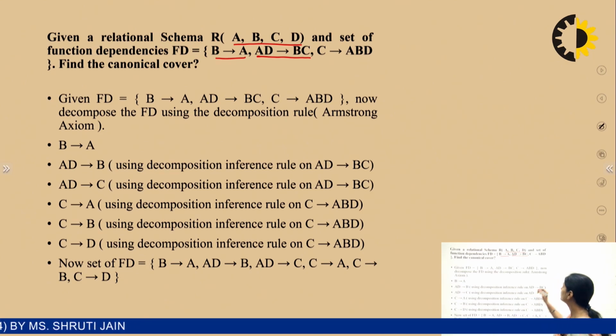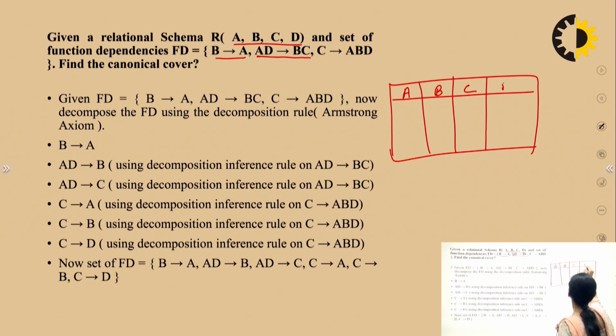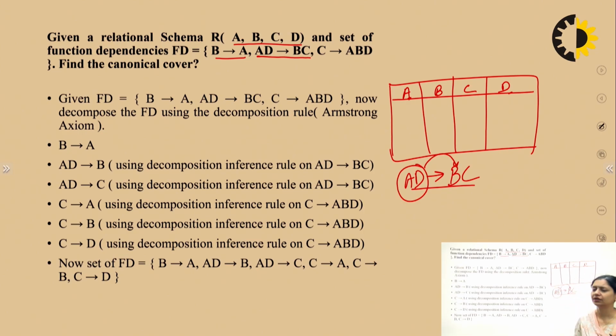That means if I have the relation A, B, C and D, the first one says through B I can identify A, but the second functional dependency says that I need a combination of 2 attributes A and D to identify the unique attributes in B and C. So AD functionally dependent upon BC says that from the 2 columns A and D, when I am using the data from both of them, these 2 will uniquely identify the records from B and C,